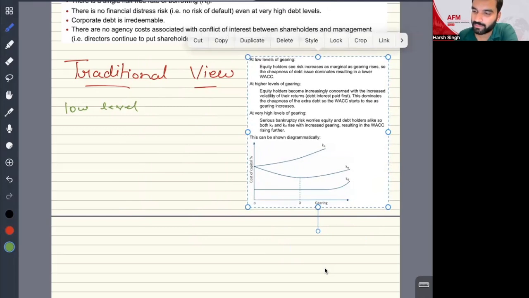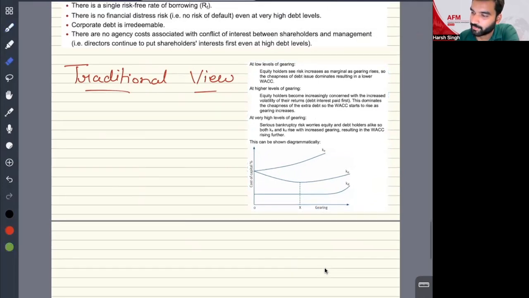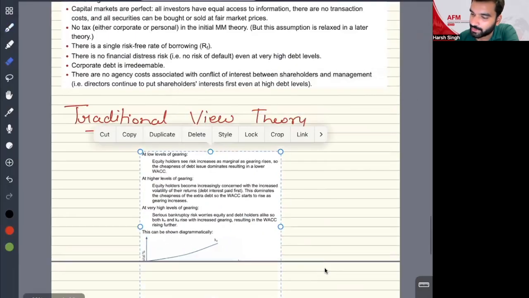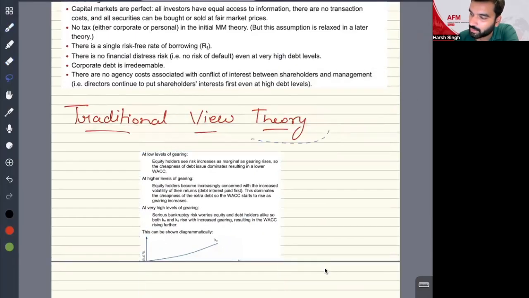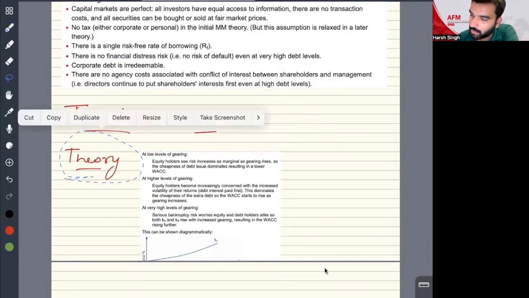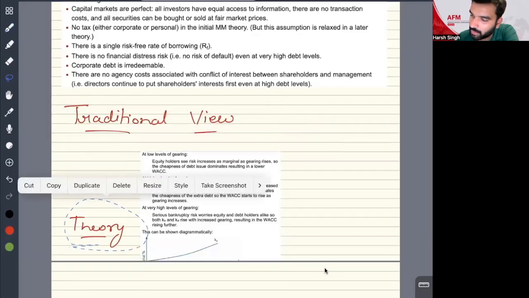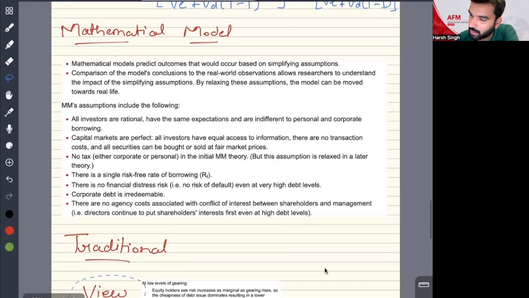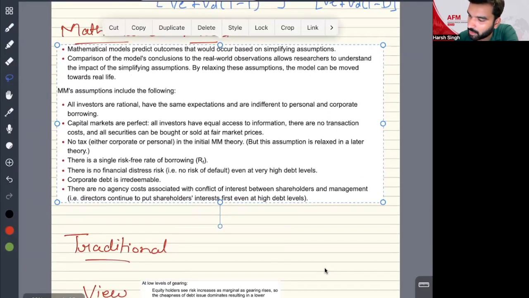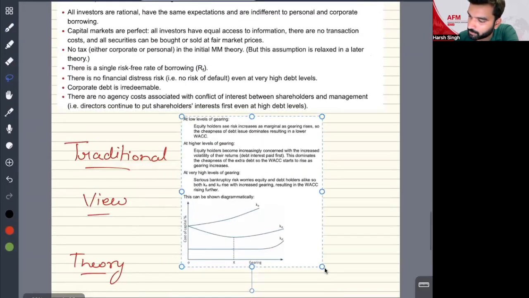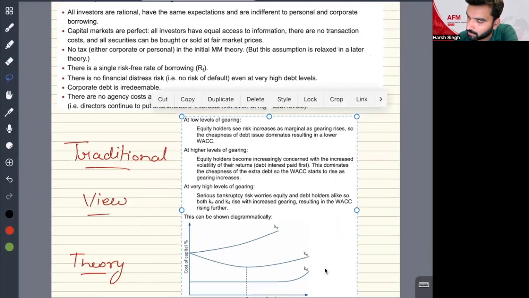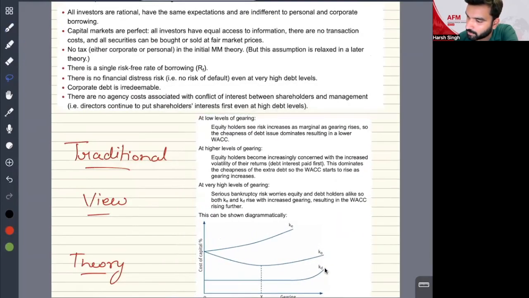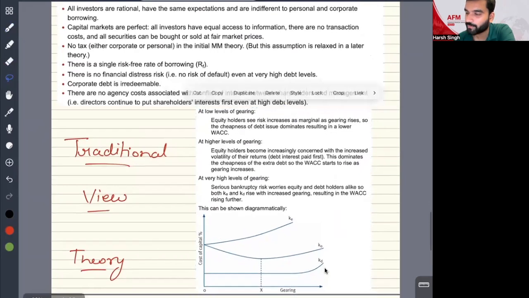Why should I write it? We can directly copy paste it. Okay, now if I talk about this thing, just give me a minute. Okay, now if you look everyone, at low level of gearing, my debt is constant and my equity is not